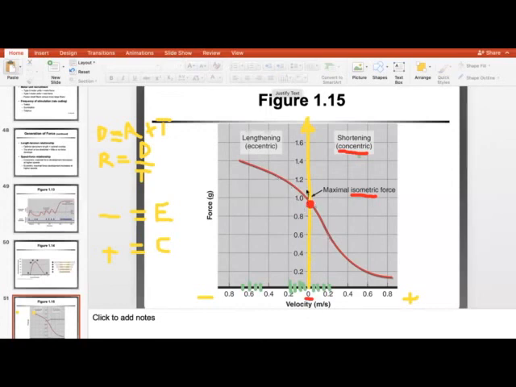Well, because your muscles are already able to produce higher forceful contractions slowly. So if I do a muscle contraction that is,